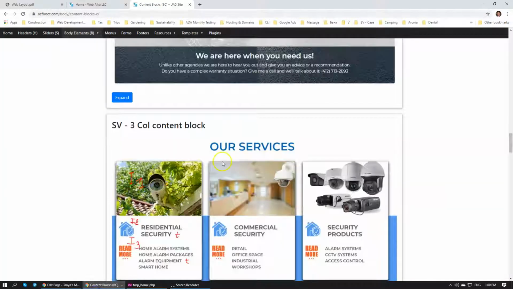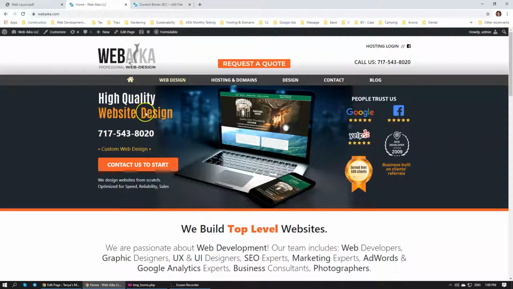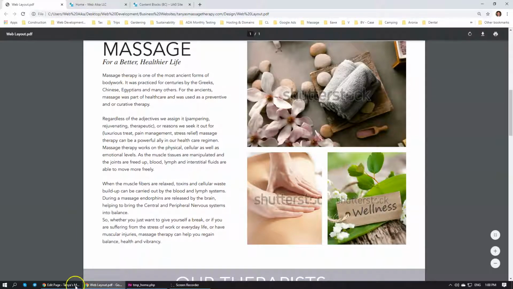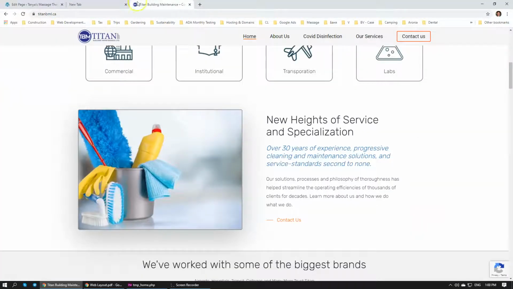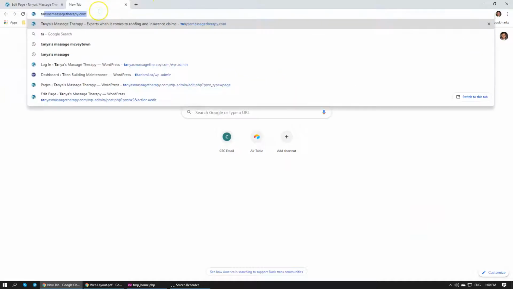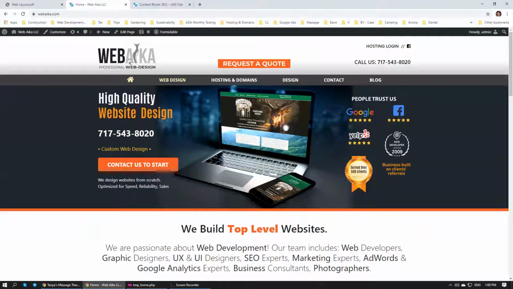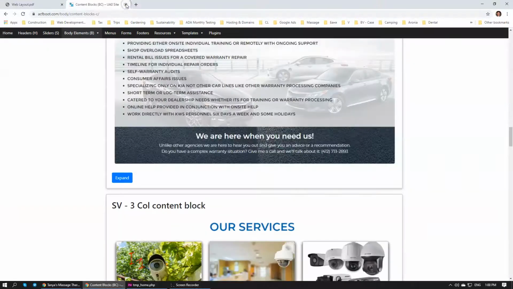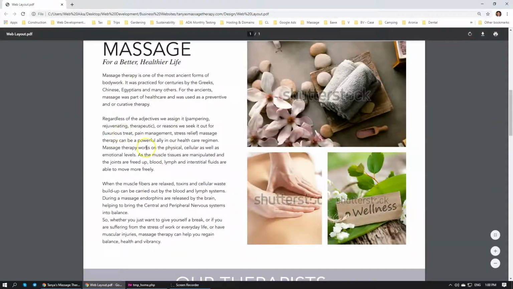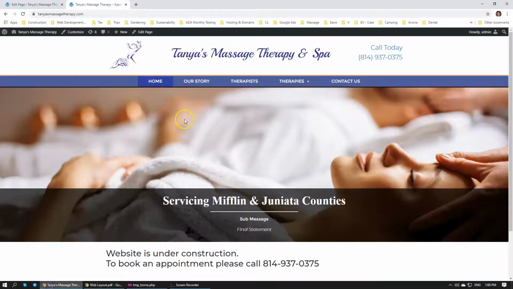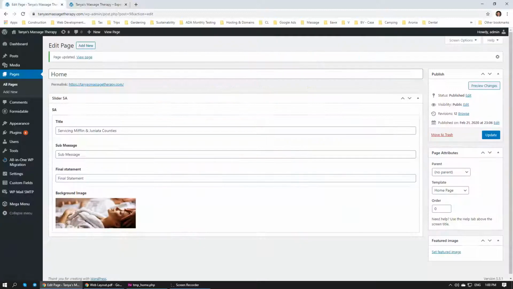You can see the header element. Actually, we'll need to bring out the website here. One second. Diana's massage. Going to close out of this. So this is our reference, and this is our live website. You can see that the header element over here is already created, and that's what we see here within the